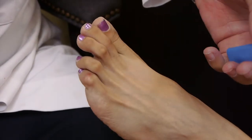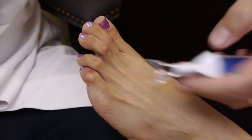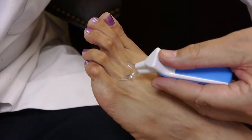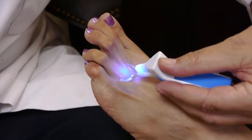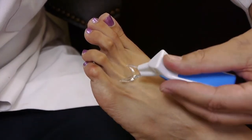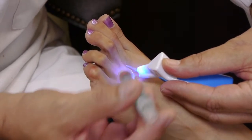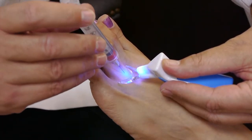With respect to a traditional neuroma, which we all know is in the third intermetatarsal space, what I typically do is I just put the device right where I know I'm going to go, just like this, and I push down. I'm actually pushing down, so I could almost leave an imprint on the top of the foot, but I push down with a little bit of force,